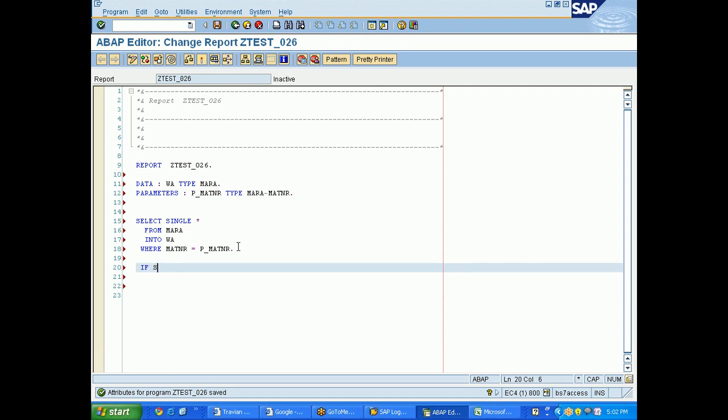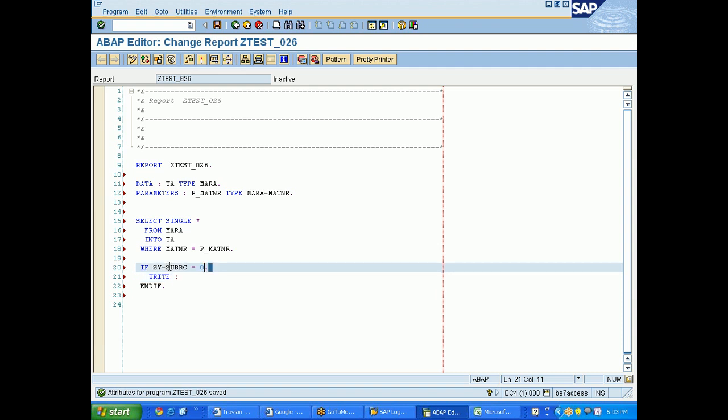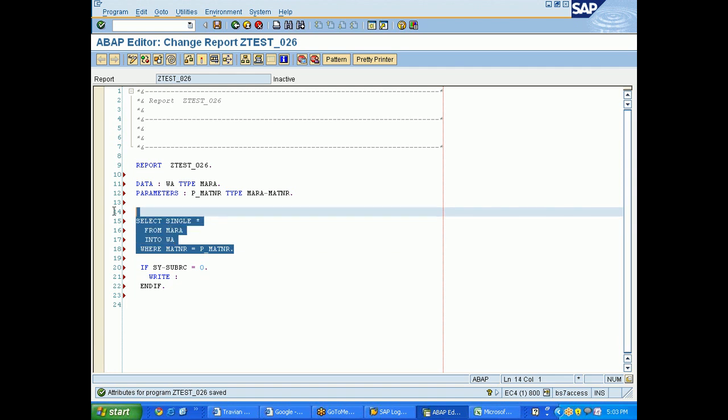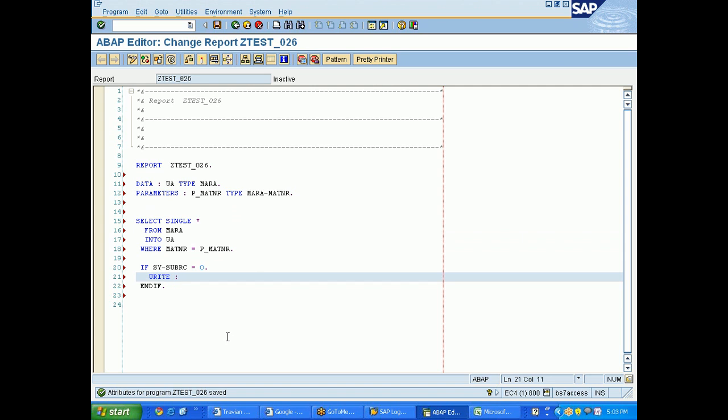If sy-subrc is equal to 0, what is this, if sy-subrc equal to 0? Yesterday we have discussed. It means the above statement, this select query, is executed successfully. If the select query is executed successfully and data is found inside the database table, then what I am doing,